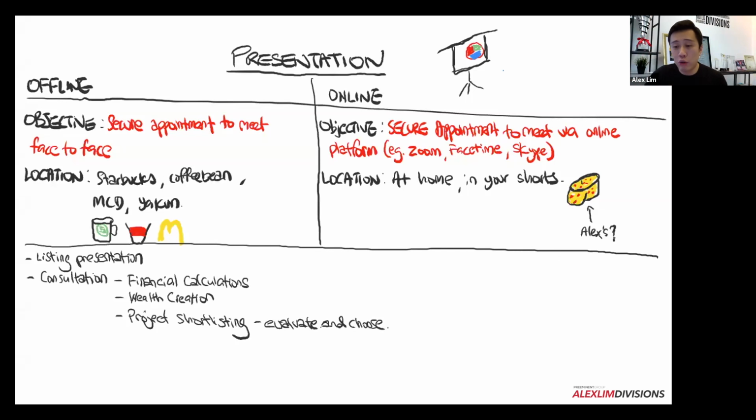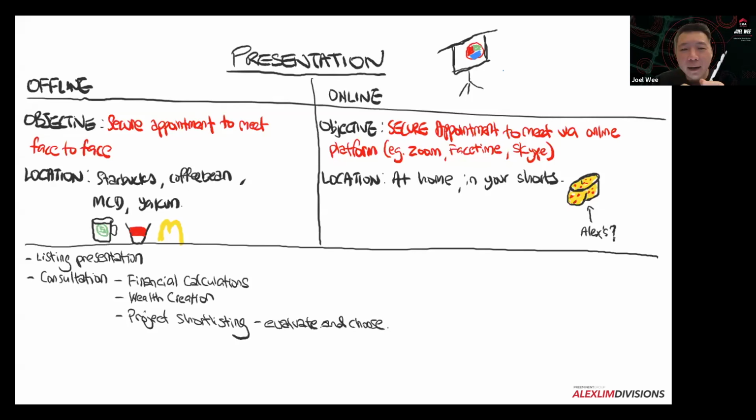So, how to draw and write? You see, these are the correct questions to be asking. What do you use to draw and write? Come, Joel, how do you do it? I'm currently using an iPad together with an Apple Pencil. This gives me very fine control. That's why you can see sometimes it's thicker and sometimes it's thinner. That's the reason why I decided to use an Apple Pencil and an iPad.